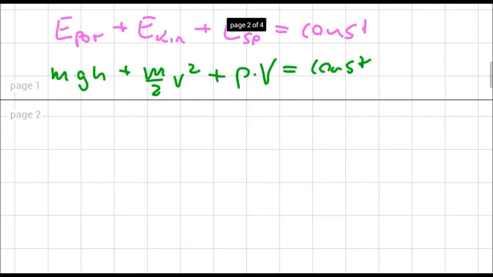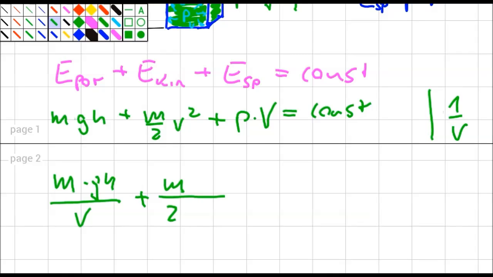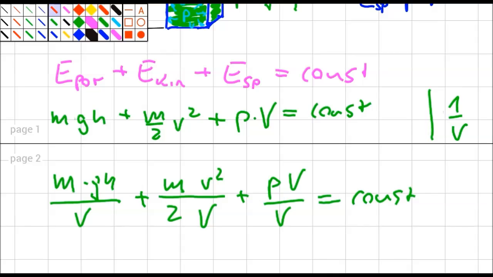Now you can divide the entire equation by volume, or multiply with 1 over volume, and my result will be mgh over volume plus kinetic energy v square over volume plus pressure energy over volume is constant. Now the first thing we can do is cancel out the two volumes and we have the static pressure as a sole player. Second we can remember that